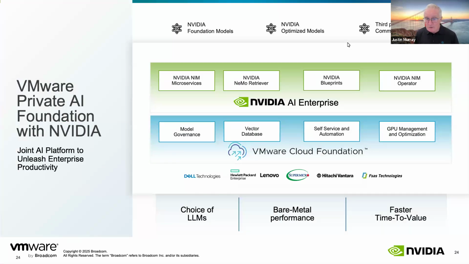So what we're going to look at now is some of the components in the blue layer, the VMware Private AI Foundation with NVIDIA. And we'll start off with, we've already seen the deep learning VM component, which is fundamental to everything. But we'll start off with the vector database and service automation. We'll move on to GPU management.